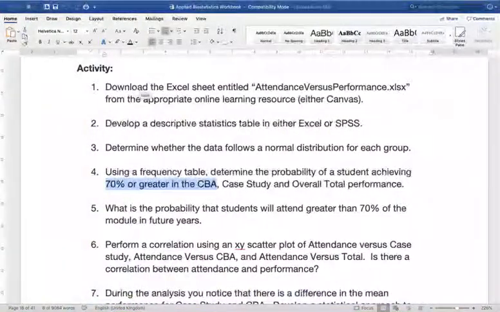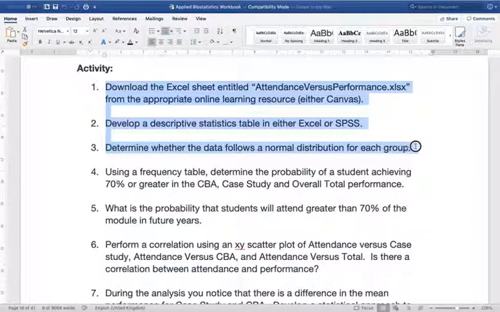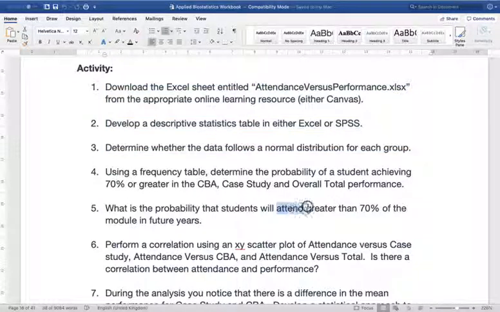Okay, so welcome back. We've already done this particular activity down to question 4, where we identified the descriptive statistics and whether it's normally distributed or not. So now, using the same spreadsheet, we're going to develop a frequency table to determine the probability of a student achieving greater than 70% in each of the assessments and indeed over the total performance as well. We'll also look at attendance, so we'll develop a frequency table for all 4 of the columns of